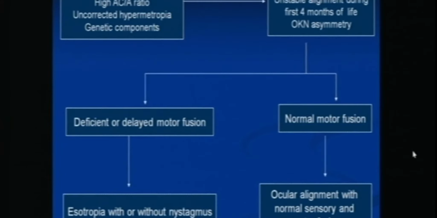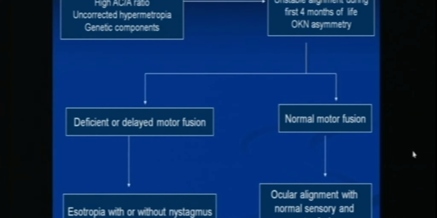So there are a lot of esotropogenic factors like tonic convergence, high AC/A ratio, uncorrected hyperopia. Genetically, the child may be predisposed. Overlaying an immature visual system, unstable alignment during the first 4 months that we know exists in a normal child. Over time, as the normal motor fusion develops, the child becomes aligned and there is no strabismus. However, if there is a delay in the fusion mechanism to develop, the child can become esotropic with or without